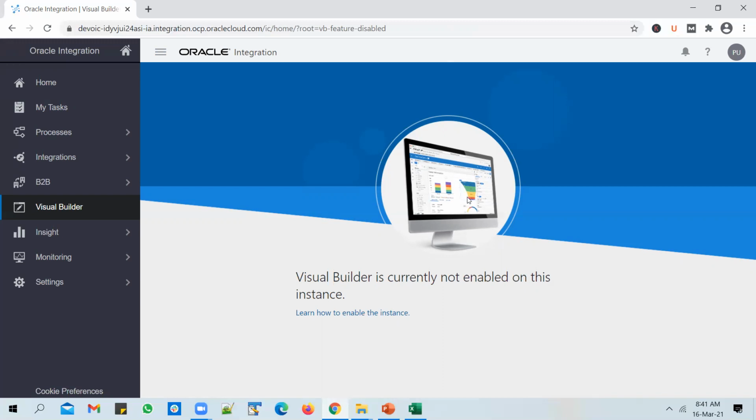But if you want to build a web or mobile application with VBCS, you don't need to know any of those skills, because with Visual Builder, not just with Visual Builder, with Oracle Integration Cloud, you will have a point and click experience, or in other words, a drag and drop approach.